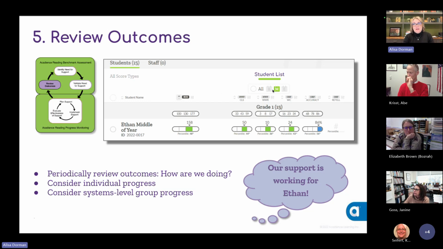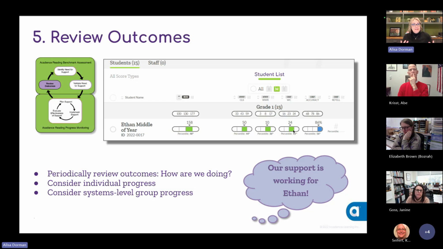Now we're at the middle of the year, where before we were at the beginning of the year, and we're able to come in and look at the skills, and we're able to see he's now not in the red zone for his composite score. And in the very discrete skill of correct letter sounds, he's back on track, meeting benchmark as the progress. And notice that that also articulated into other related skills, like being able to read words as whole words accurately and fluently the first time, and also being able to read words correct, accurately, and fluently inside of connected text.